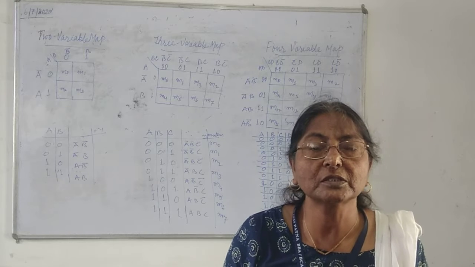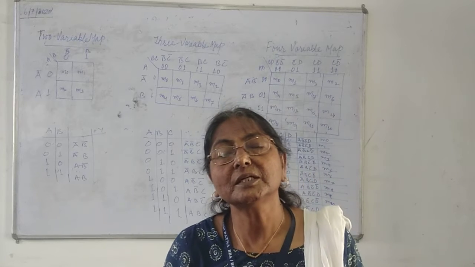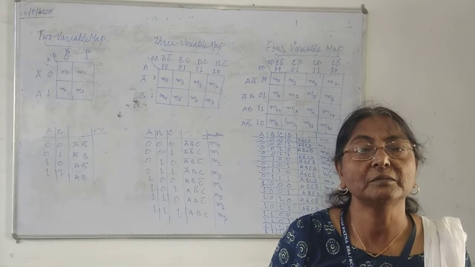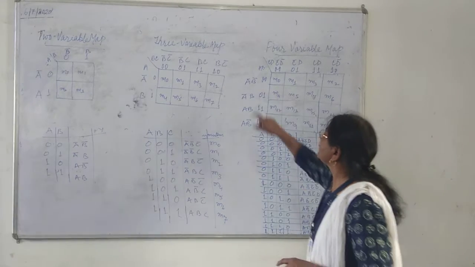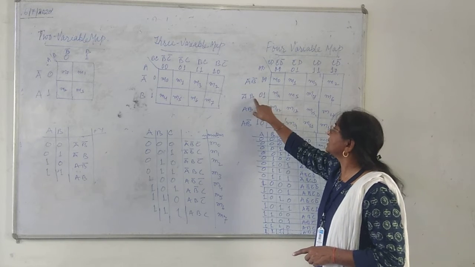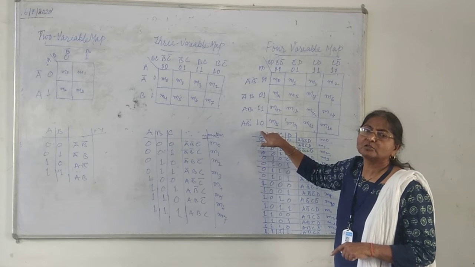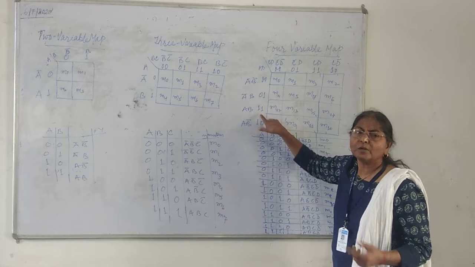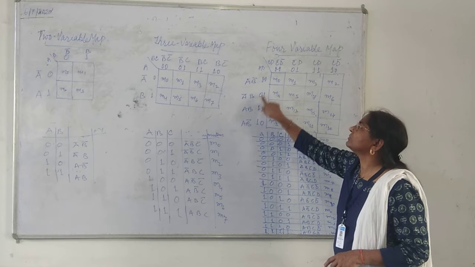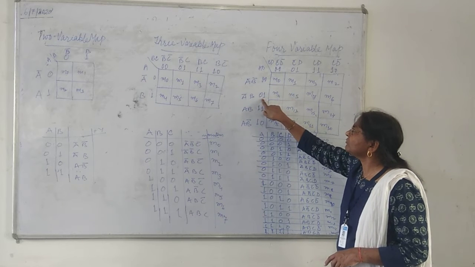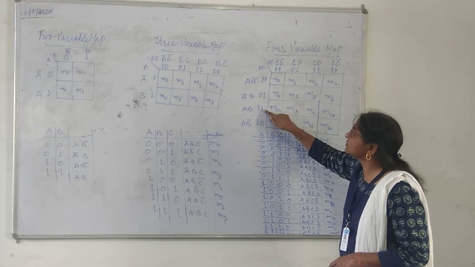Gray code is used because it has one advantage over binary code. When we write 2 consecutive numbers in gray code, there will be a change of only 1 bit. It means the preceding number changes to the following number in only 1 bit. So here, the value of AB is 0, 0. Then I have taken 0, 1, then 1, 1 and 1, 0. Why? I have taken 1, 1 before 1, 0 because in gray code 1, 1 is equal to 2 and 1, 0 is equal to 3. When you go from 0, 0 to 0, 1, you change only this bit. From 0, 1 to 1, 1, you change only this bit. And from 1, 1 to 1, 0, you change only this bit.